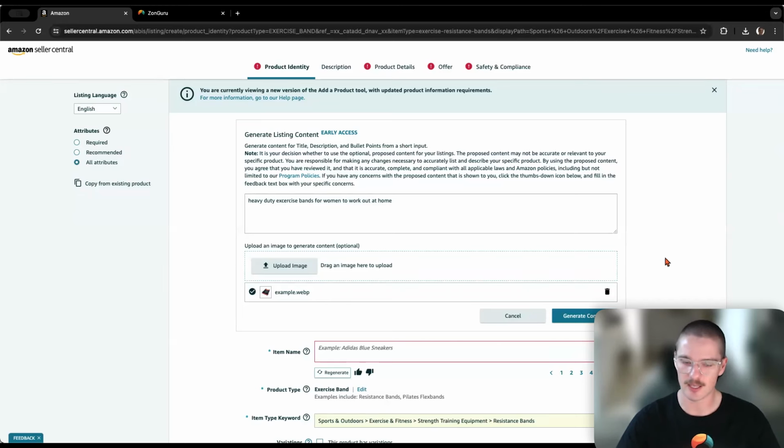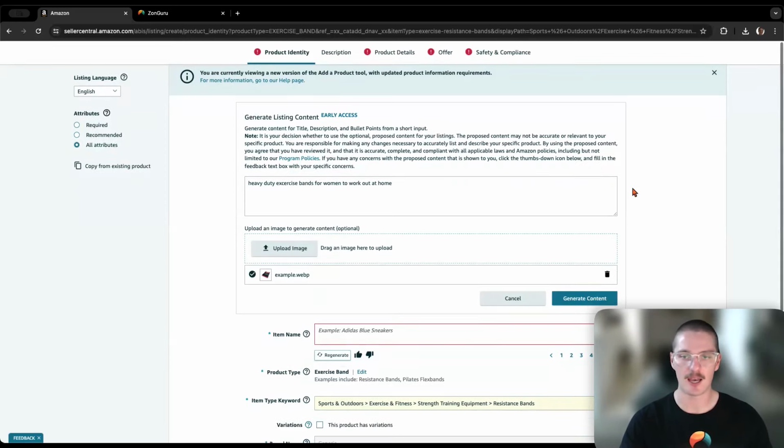This is the very first stage, and the new section that Amazon has released, it was sort of mid to end of last year, they released this Generate Listing Content section. So when it first came out, not many sellers had access to it. It looks like 99% of sellers can now use this one. So let's get in and see what it looks like. It's quite simple to use, and it's quite simple because there's not a lot of depth to how it works.